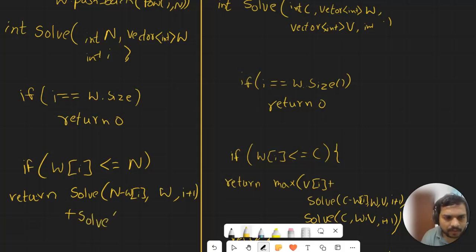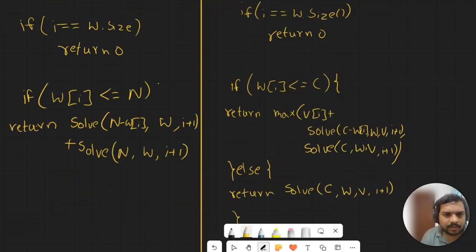We are trying to solve it, and the capacity would be n here, and weight of i plus 1. We are iterating it. So this will be when the capacity is within the value, and then we will return